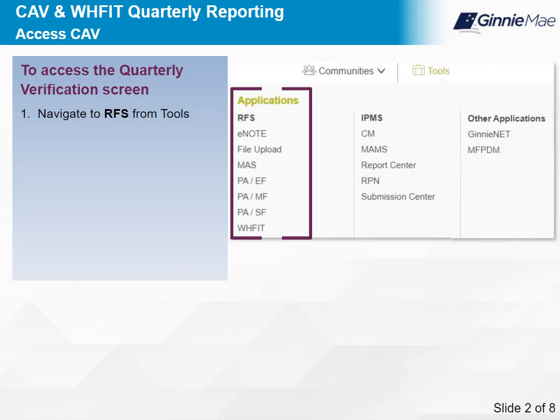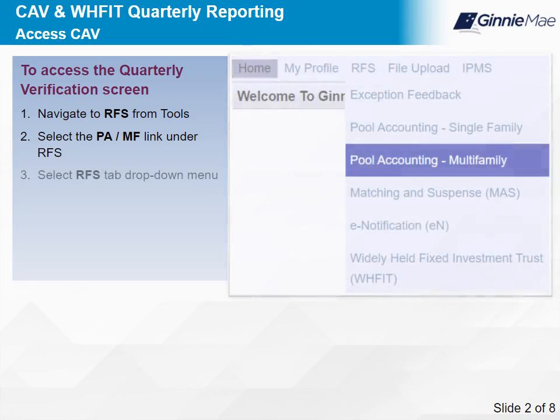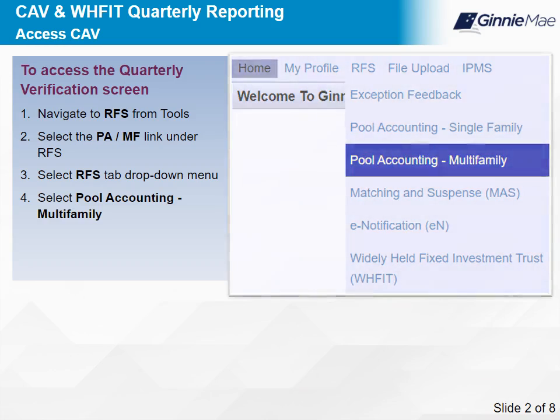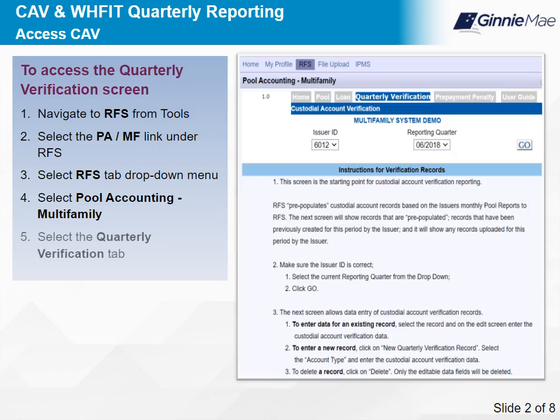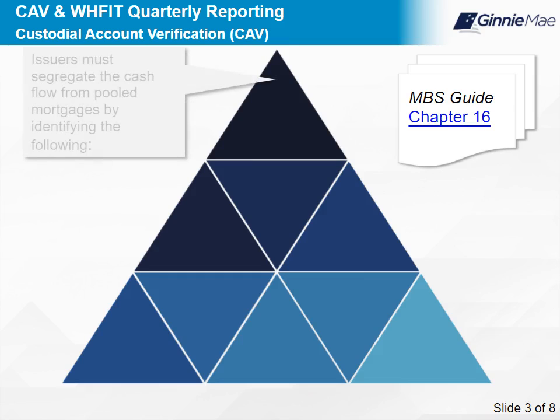1. Navigate to RFS from Tools. 2. Select the PA/MF link under RFS. 3. Select RFS tab drop-down menu. 4. Select Pool Accounting Multifamily. 5. Select the Quarterly Verification tab. Select Next to continue. Chapter 16 of the Mortgage-Backed Securities (MBS) Guide states that all issuers must segregate the cash